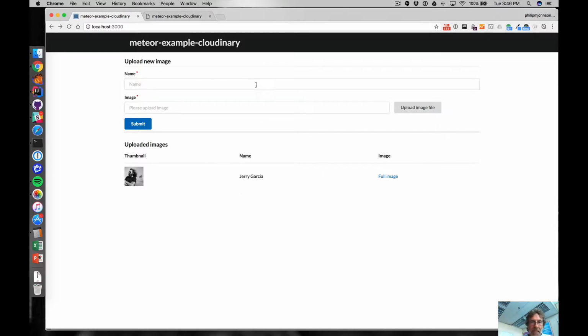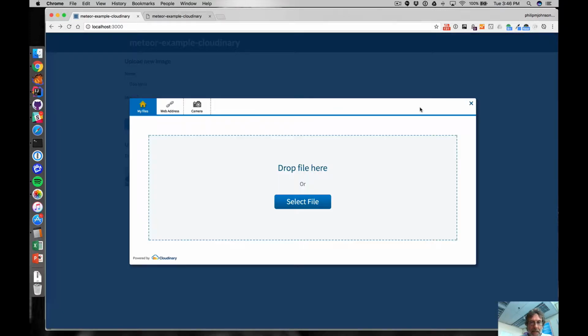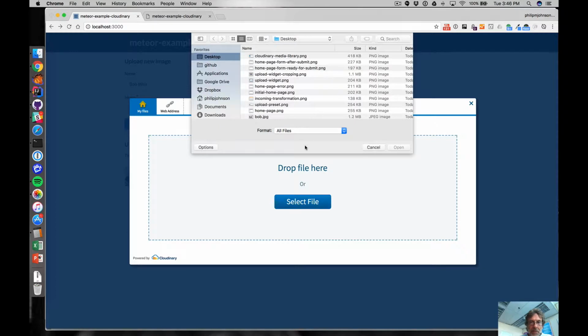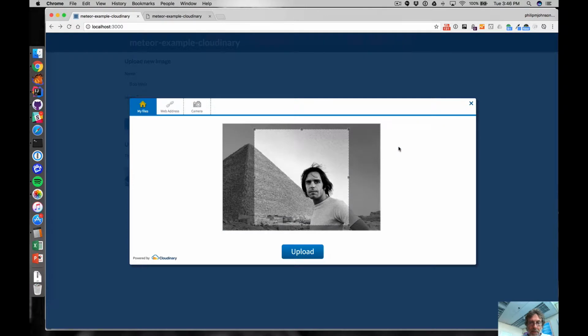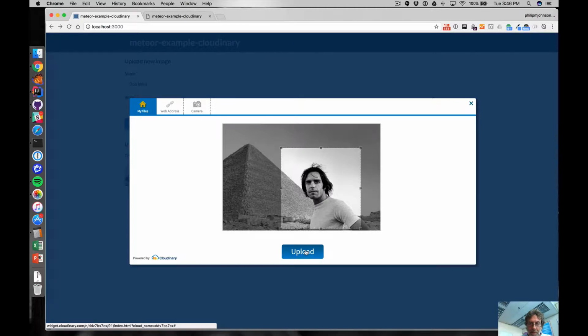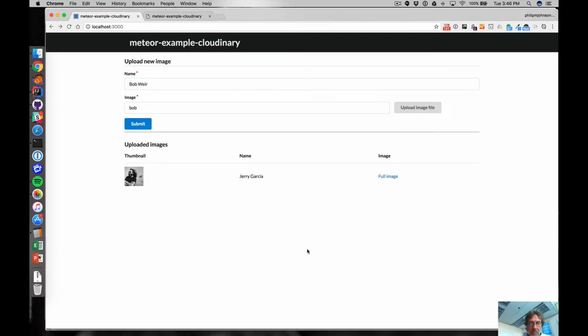And I'll just show you kind of interactively. Let's say we wanted to define a new image for somebody named Bob Weir, and I happen to have an image of him on my desktop right there, so I can click open, and then there he is, and I can change the cropping, and I can do upload. That's now uploaded that image to Cloudinary, and it's also created some hidden fields based on